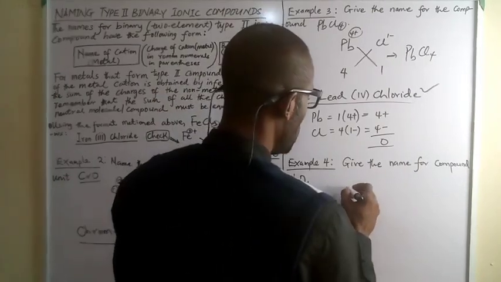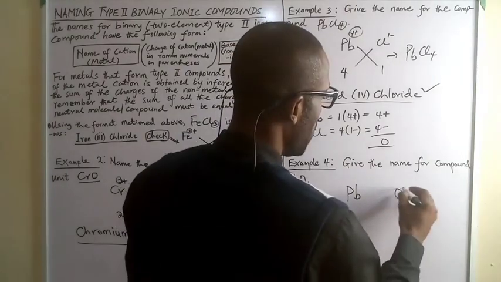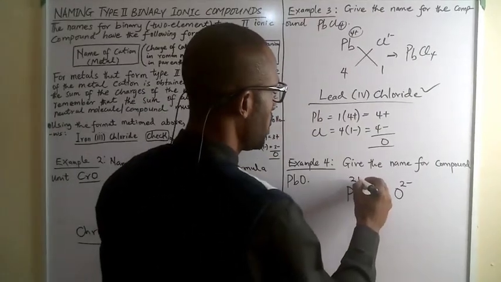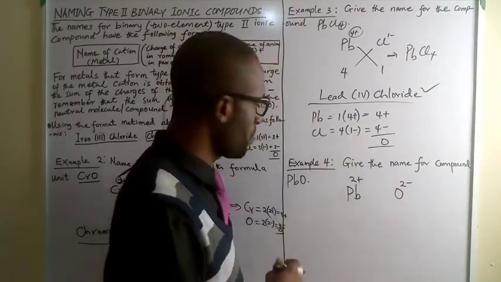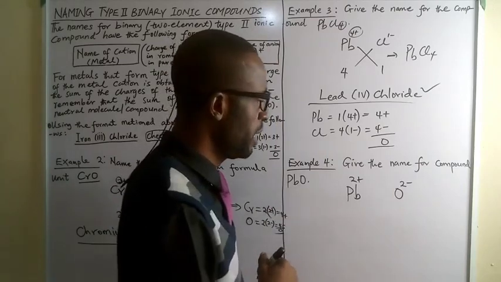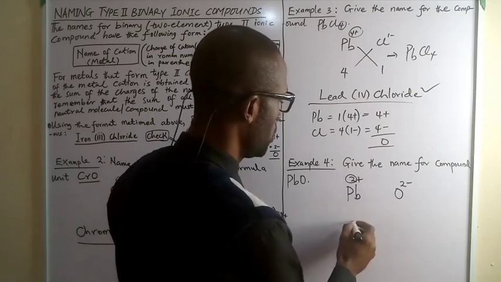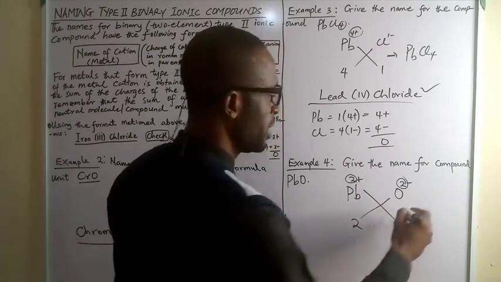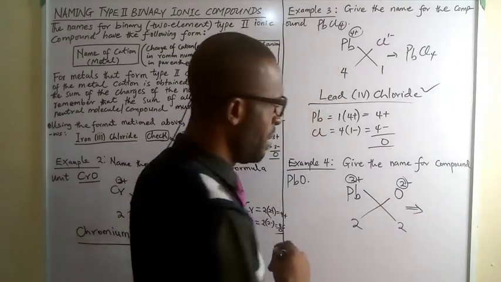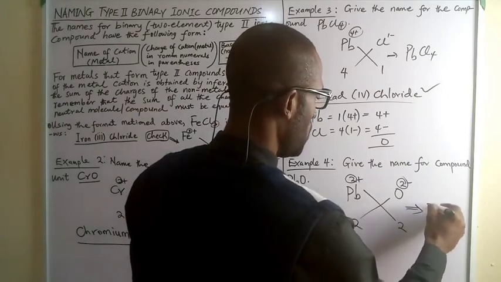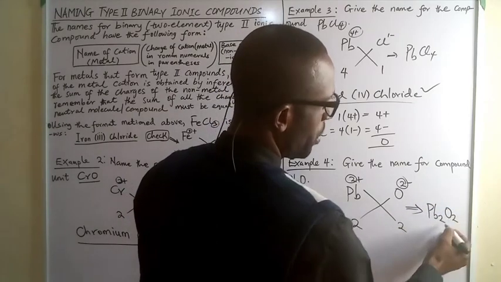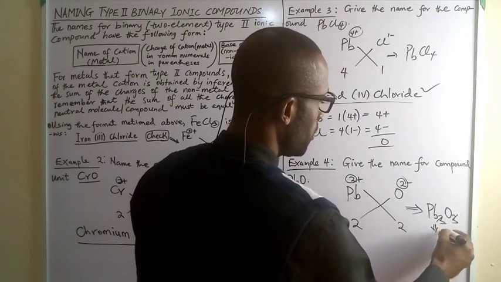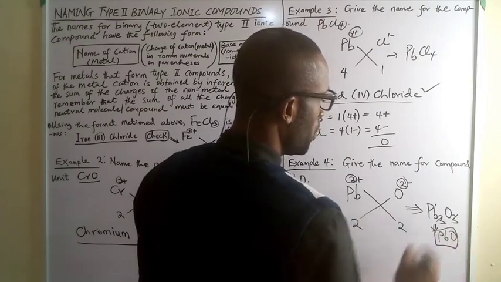Again, to prove it, you tell yourself we are looking for that of lead, but already we know oxygen must be 2 minus. So definitely what we have here is 2 plus, for them to cancel out, and we have the ratio of 1:1 eventually. So if you bring down the magnitude of this charge, which is 2, and bring down the magnitude of this charge again, which is 2, you use the crisscross method just to help you make sure that you're on the same page. You're going to have Pb2O2. Because these two values are equal, this goes into this, and you have just 1. You have Pb and O, which is this.